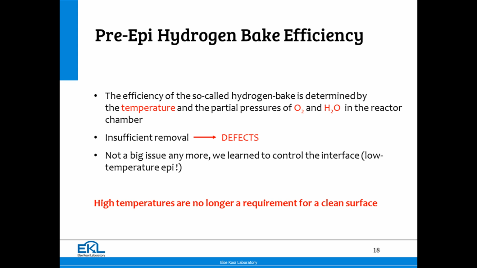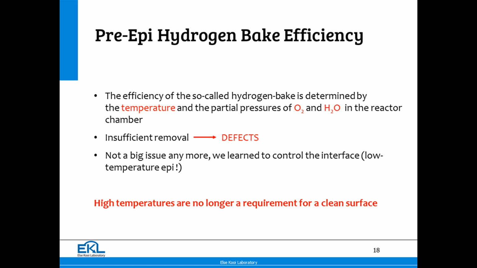Hydrogen bake efficiency is determined by two things: the temperature and the partial pressures of oxygen and hydrogen. The more contaminated the reactor, the higher the partial pressure of oxygen and hydrogen, the higher temperature you need to be able to remove the native oxide. And if you do not remove the native oxide completely, insufficient removal, you get defects in your layer. It is not a big issue anymore, as I told you already. We learned from MOS processing, we learned clean processing, and what used to be a big issue in the old days,